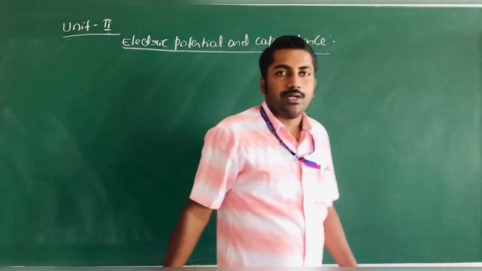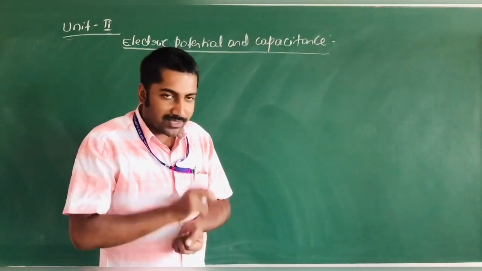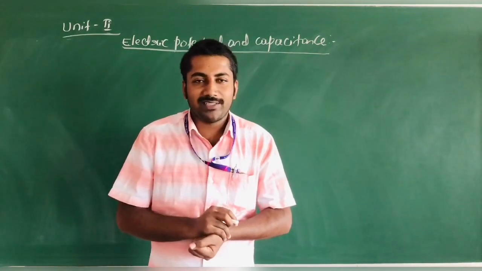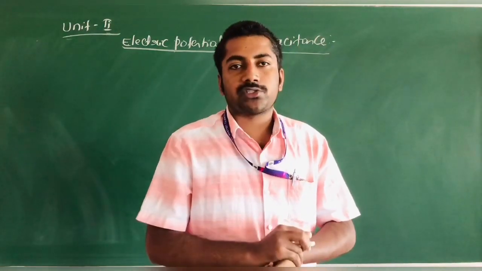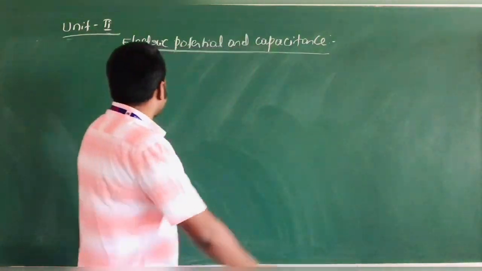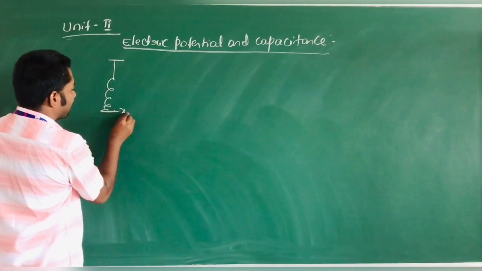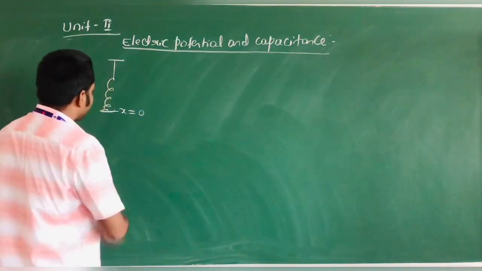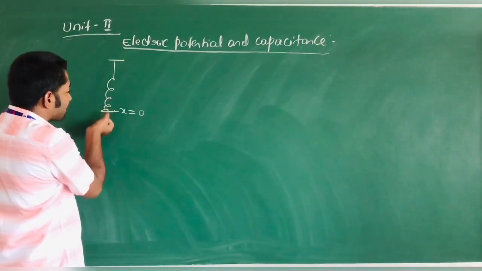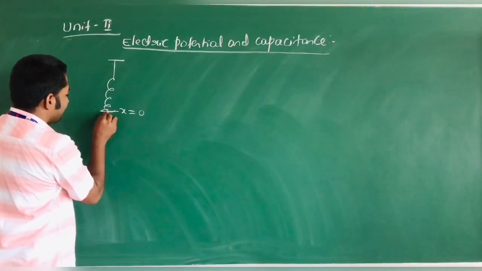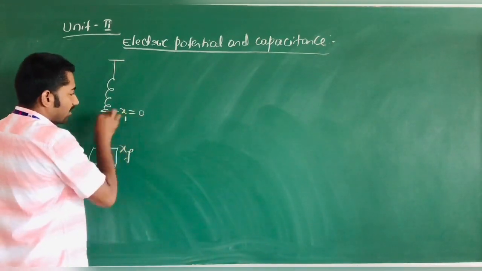Okay, dear students, all of you are familiar with the spring constant experiment. When the spring is stretched, the work done in a stretched spring is stored as potential energy. Suppose this is a spring. Initially, the spring is at position x equals 0. When a certain force is applied on the spring, or when any mass is attached to this spring, the spring is displaced through this distance. This is the initial position and this is the final position.